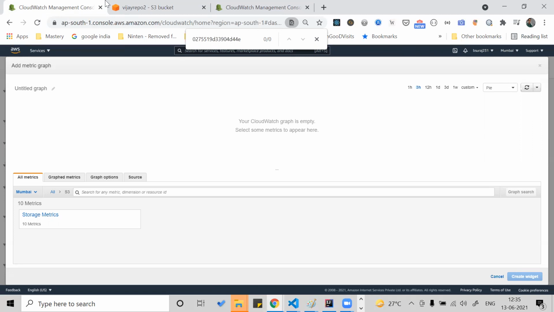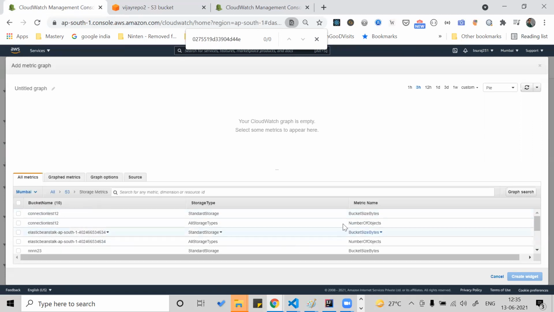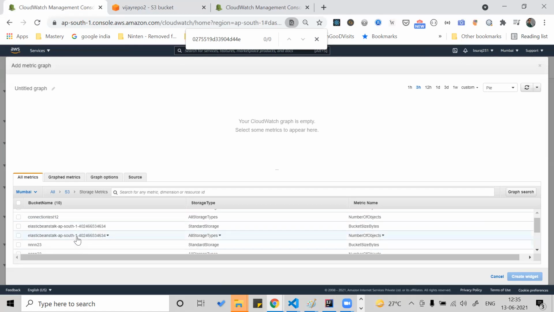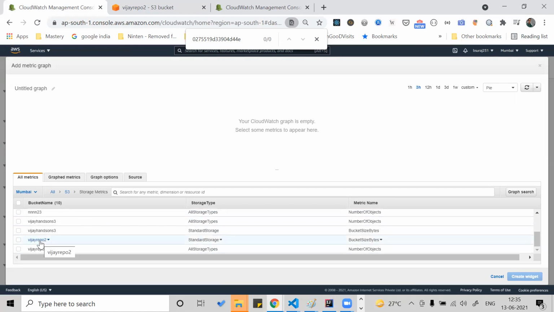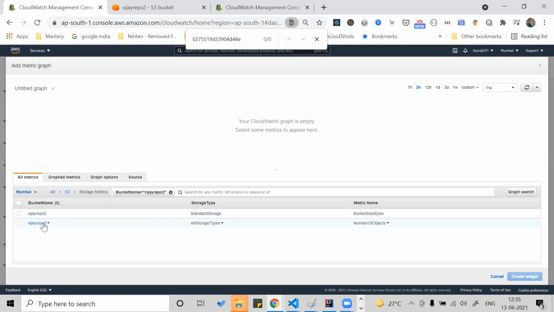On the EC2, what actions can be performed? You deploy something, and you see CPU utilization, hard disk space, network in, network out, packet in, packet out. So depending upon the resources, you can go and do hands-on with those kinds of metrics. How many metrics are there? See the bucket size. If you have one bucket, what is the other bucket? See Vijay Repo 2. With respect to Vijay Repo 2, add it in the search. What are the things we can do on it?